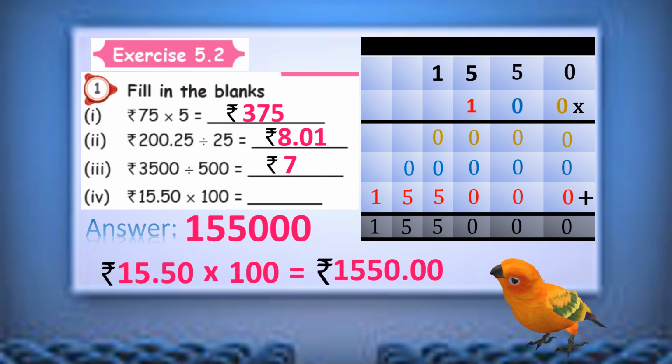You understand what I'm saying? Very good. So enter the answer rupees 1550. That means 1550 rupees. That's what I told you in the starting itself. Right? So we can do the mind calculation also. It's better. Okay?